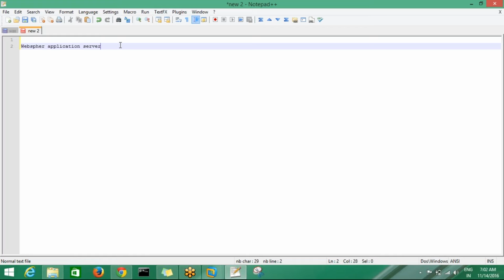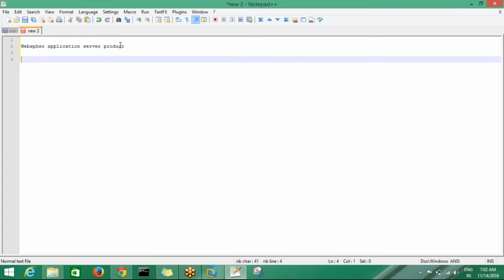WebSphere application server product. In this product we have different releases. Releases means the package-wise releases available, and the first one is WebSphere application server base.